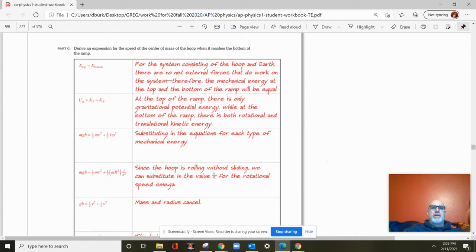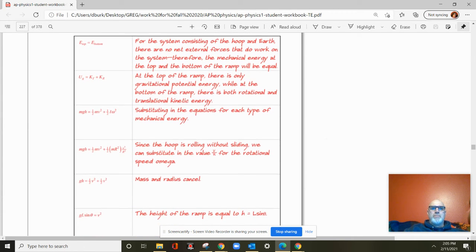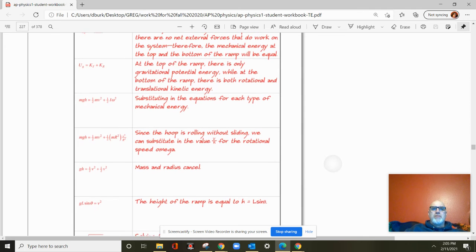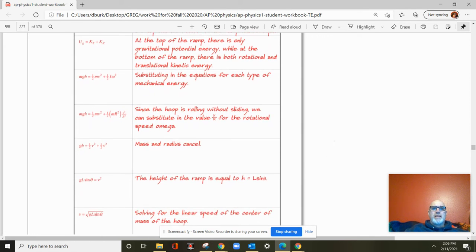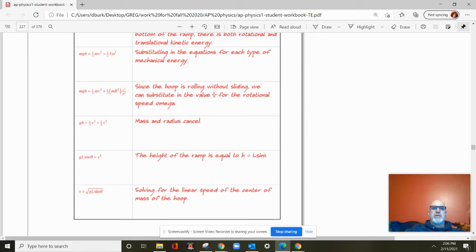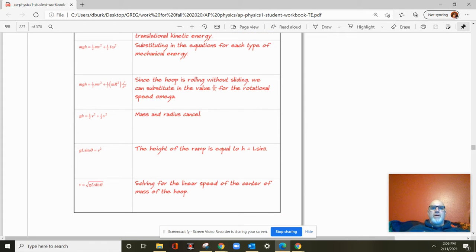So here you go. Look at that. Derive an expression. So the energy at the bottom is all kinetic of two kinds. And there they are, there's the equations. Now,